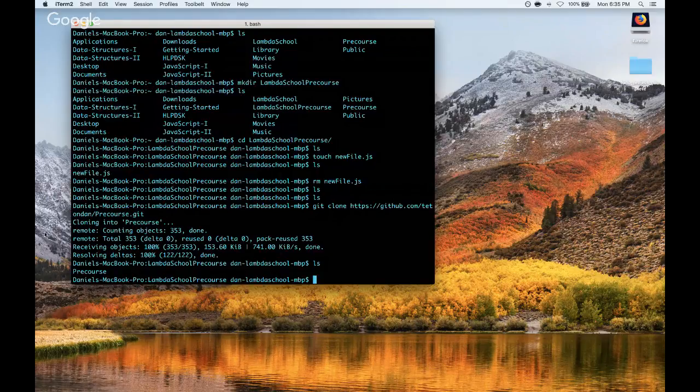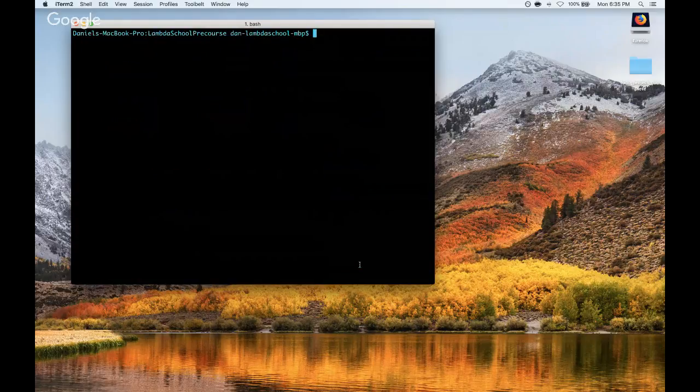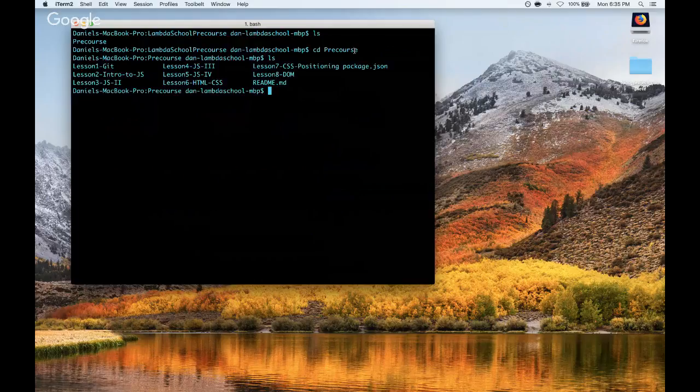Now we can see that there's a new folder in our folder called Pre-Course. And so we can cd into Pre-Course, and we can ls, and we'll see that we now have all of the lessons available to us. Once you're in this folder here, then that's when we're going to do the